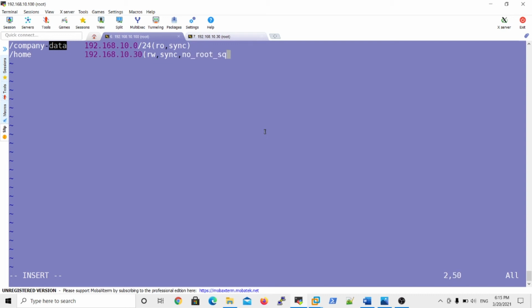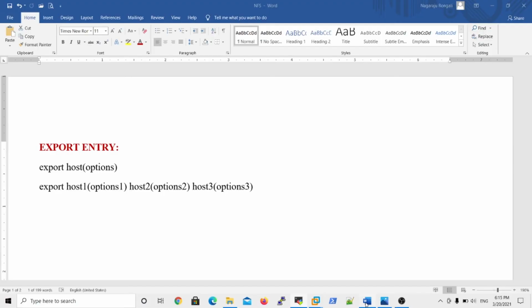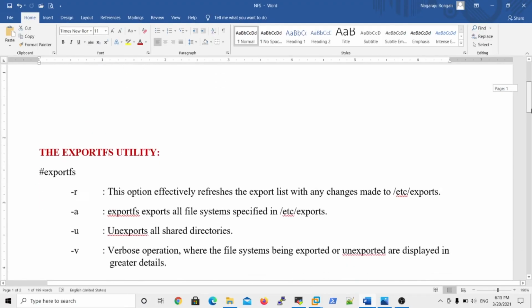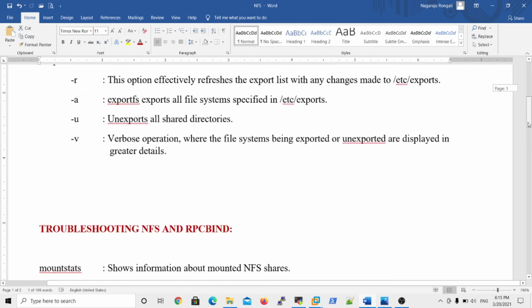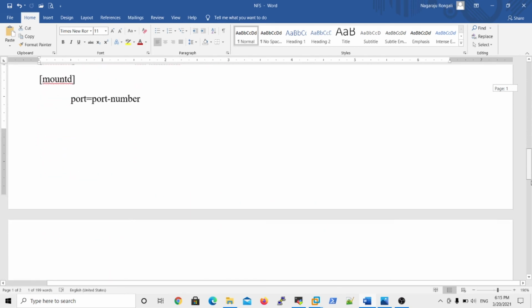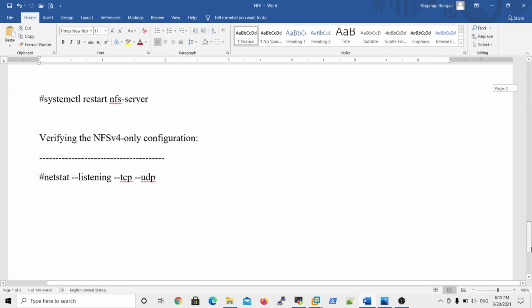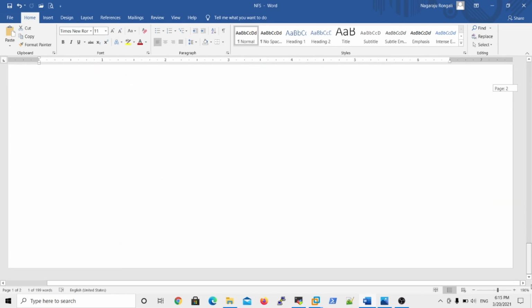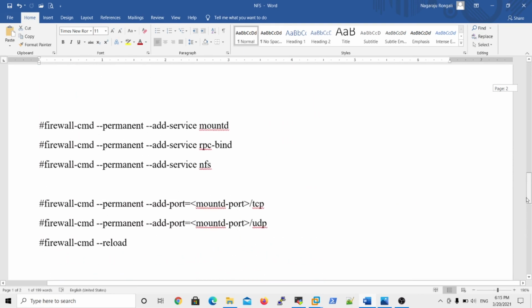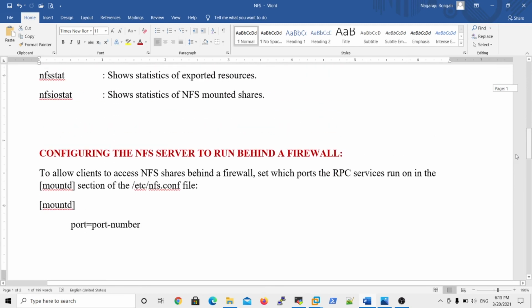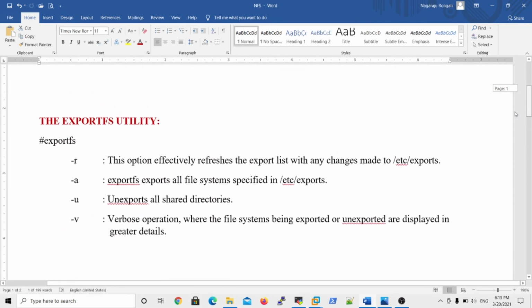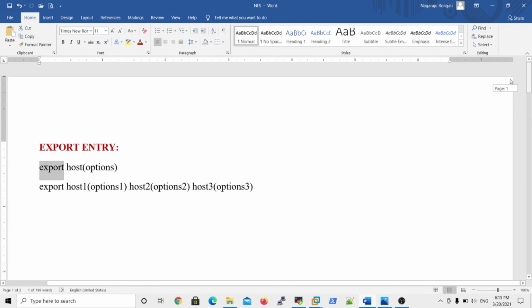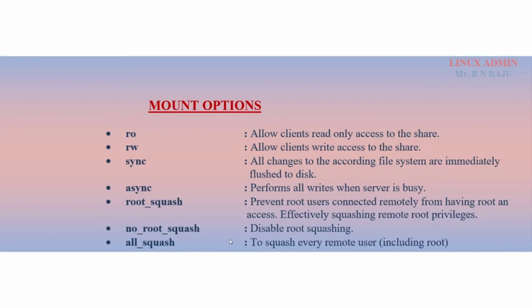So actually, what is the no_root_squash option? Just try to understand the point here. No root squash means disabling root squashing.